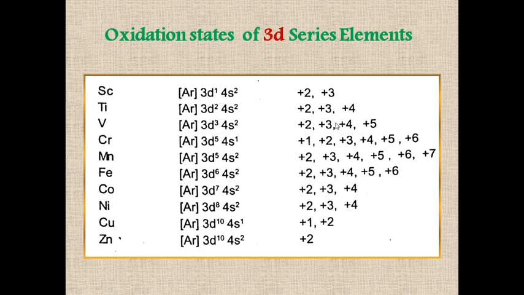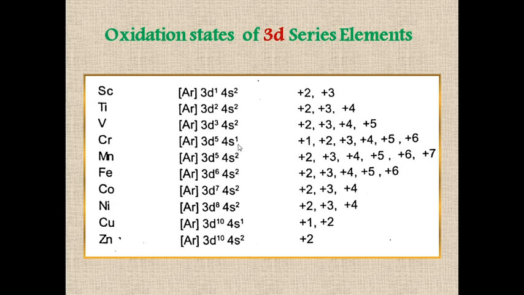Here 2 + 2 is 4. 2 + 3 is 5. Similarly, up to manganese, its oxidation state is +7. Whereas in the case of iron, the 2 electrons are paired. So that's why here the available unpaired electrons are 4 only. So 4 + 2 is 6. Here 3 + 2